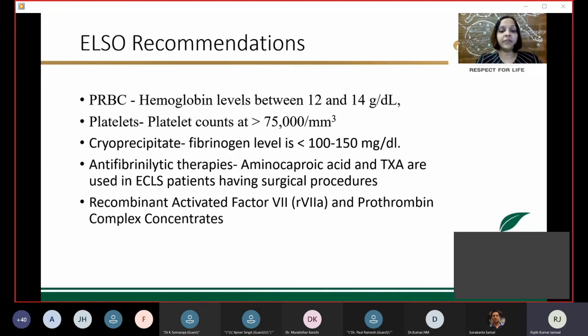Recombinant activated factor 7, or factor 7A, and prothrombin complex concentrates can be considered for refractory bleeding during ECLS despite platelet transfusion and correction of all other coagulation factor deficiencies. It enhances thrombin generation and is given in doses of 40 to 90 µg per kg. However, significant reduction in chest tube drainage and reduced need for PRBC transfusions may also lead, in